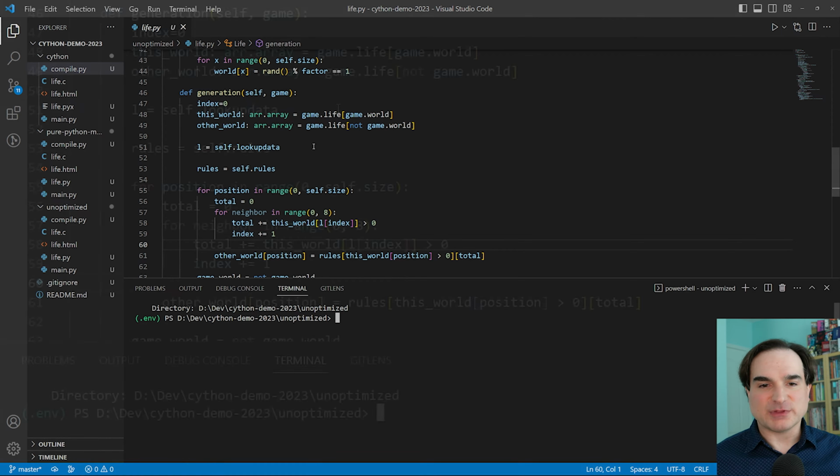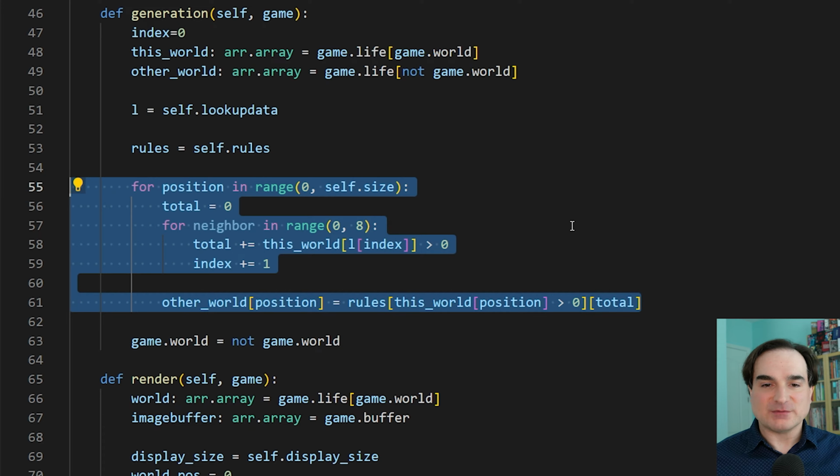Now, with the first version of the code, I've implemented the core rules, all the performance-sensitive stuff, in plain old Python. And they involve iterating through a two-dimensional array, and for each element in the array, doing some computation based on all 8 of its neighbors. You can check out the source code for this project at the URL in the video description, and you can see more details for yourself how it works and run the code on your own machine if you want to.